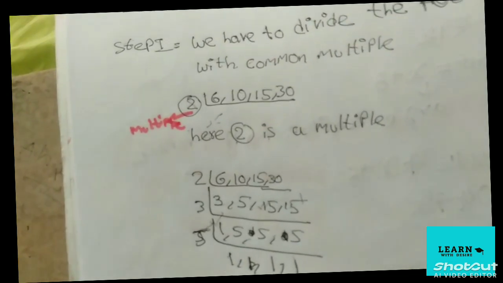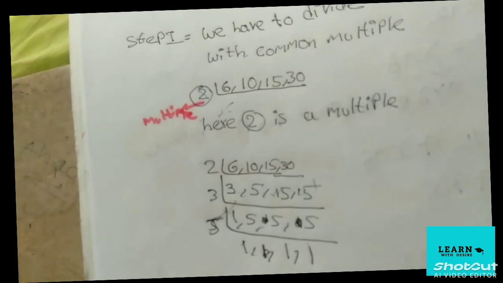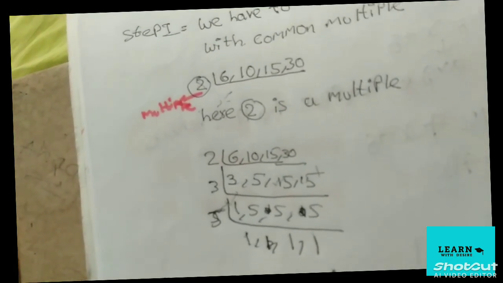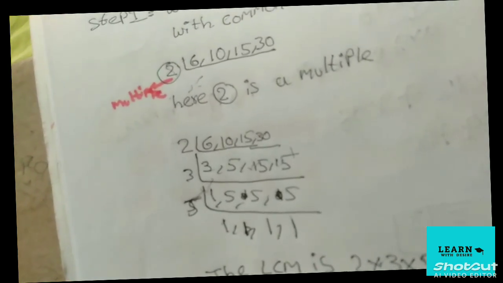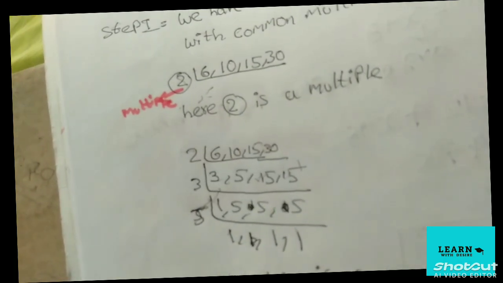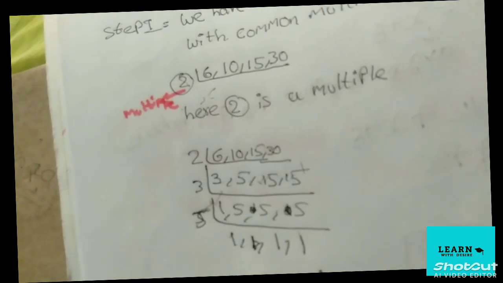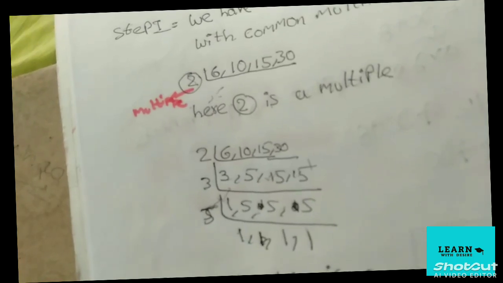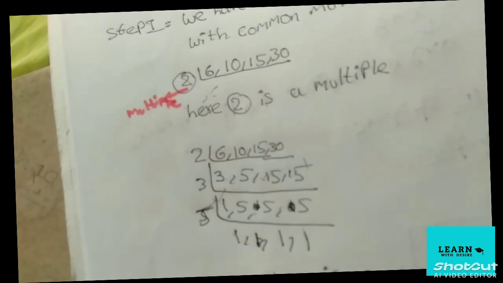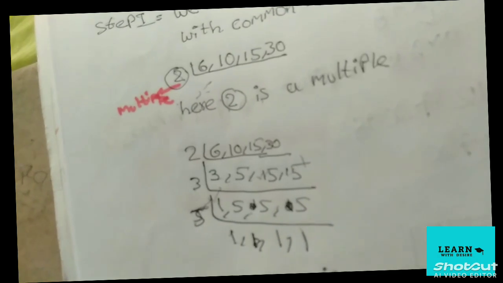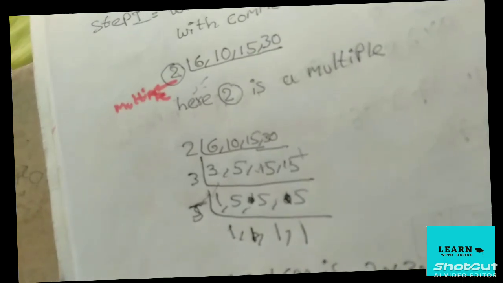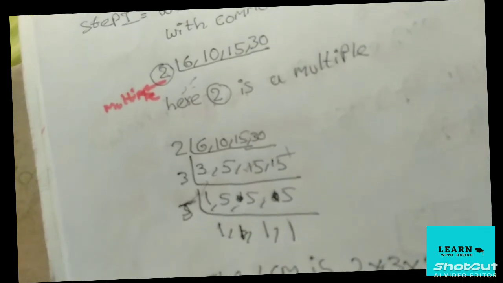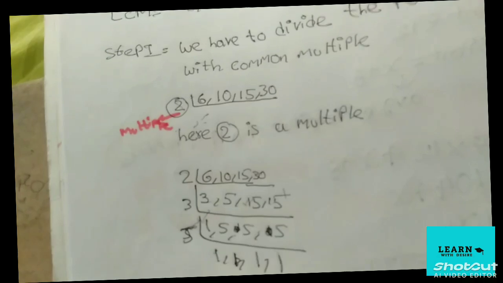In the next step, you have to continue the process until all the values are equal to 1. Here you can see the process. In the first step we have divided the numbers with the common multiple 2. In the second step we have divided the numbers with the common multiple 3. In the third step we have divided with the common multiple 5 until we got the value 1. Like this you can perform the LCM. Now let us see